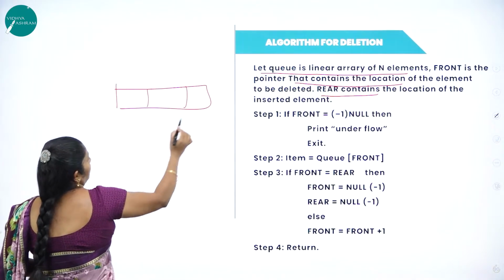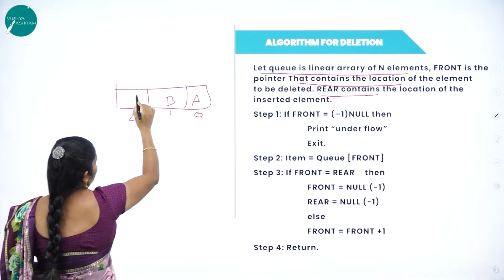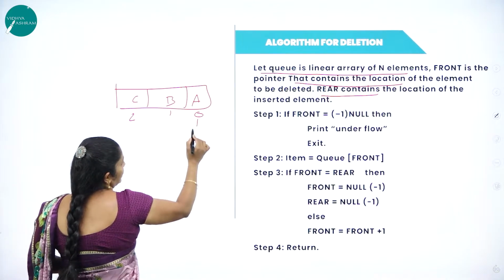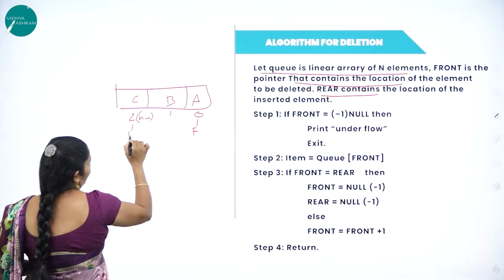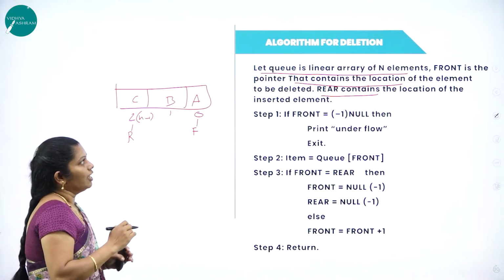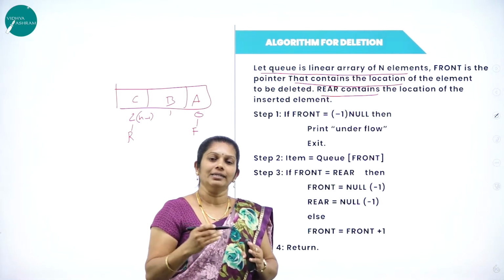Here position wise 0, 1, 2. Here for example A, B, C. Then the 0 represents the front and 2, that is nothing but n minus 1, represents the rear. Okay. Then if I want to delete an element, first I have to check whether the queue contains some values